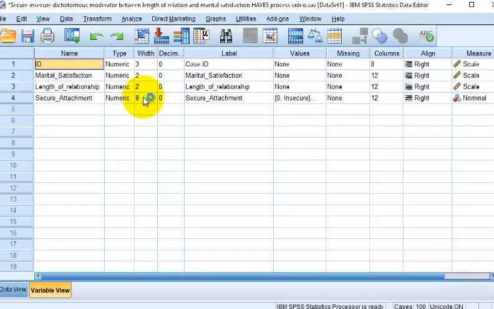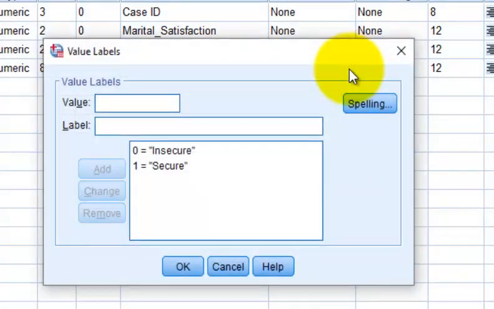ID, not a variable, it's just an ID number. Marital satisfaction, so the higher the number, the more satisfied somebody is in their marriage. Length of relationship, kind of explains itself. And secure attachment. So secure attachment means everybody in the study is either considered a secure attachment type of person or an insecure. That is our dichotomous categorical variable. That's the one we're going to test to see if it's acting as a moderator between marital satisfaction and length